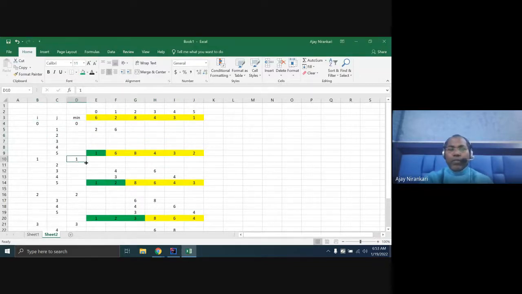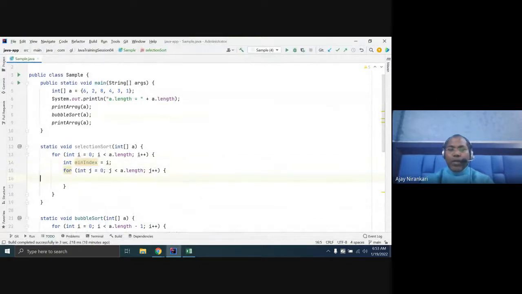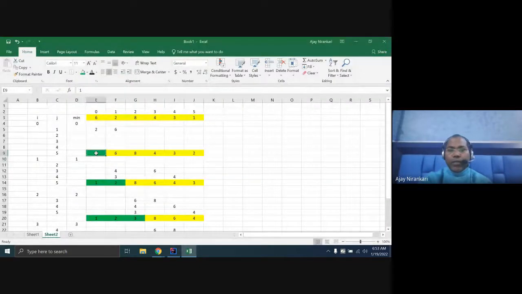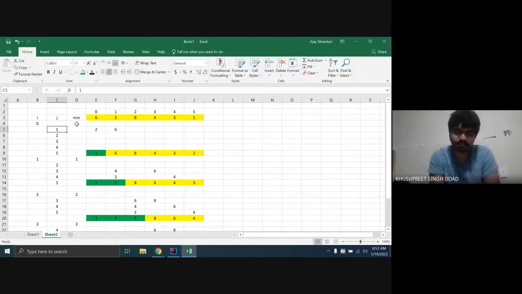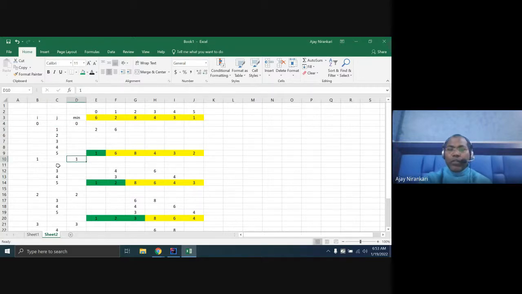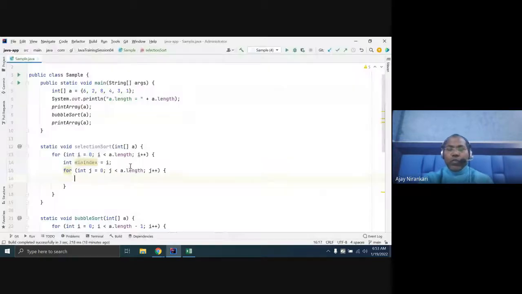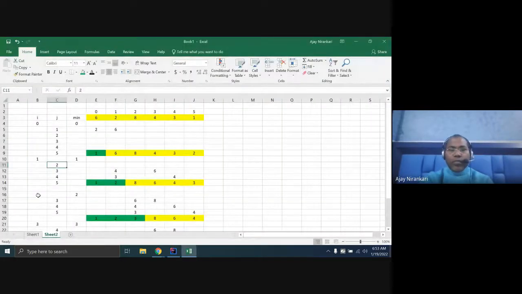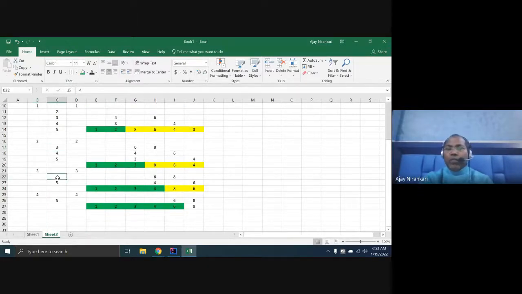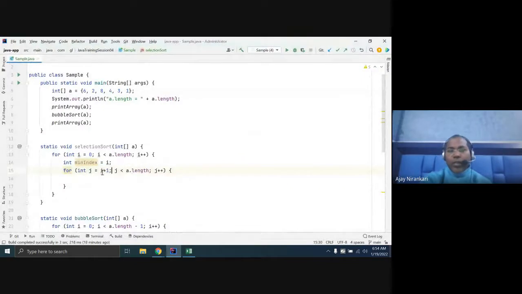Minimum, second minimum. So you are considering this is the minimum. And after that, what are you comparing here? Here we compare the minimum with the next element, which means your loop starts from i + 1. If this is 0, this is +1. If this is 1, this is +1, right? So you can say this loop just starts from whatever i + 1 is. Here in the case of 2, it started from 3, right? Here 3, it started from 4. So I am saying the second loop always starts from whatever the first loop value is +1. This value we are comparing, assuming this is the minimum.